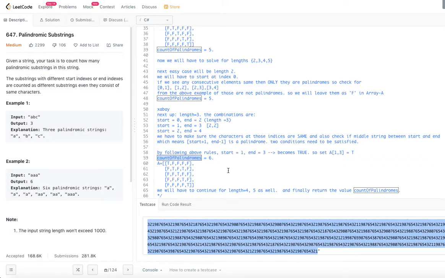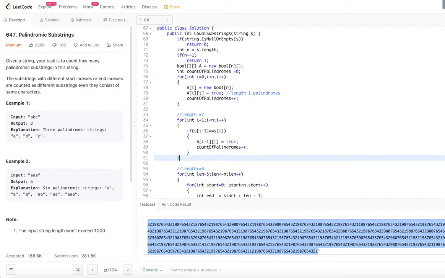So this is the algorithm that we are going to look at the code for, right? This is solved by using dynamic programming. The code exactly follows the concept that we discussed so far. So let's jump into the code. We are given a string s, and these are the first things. Basically check if the string is null or empty. If so, just return 0, and get the length of s, and if it is equal to 1, don't even process further, just return 1. If the string length is 1, we just have one palindrome string, right?